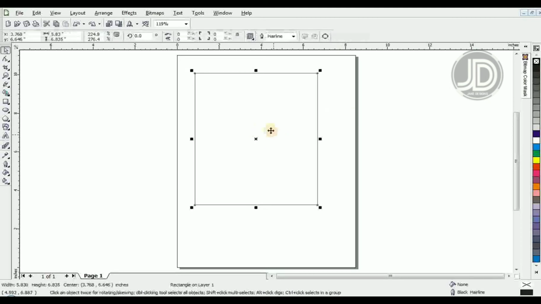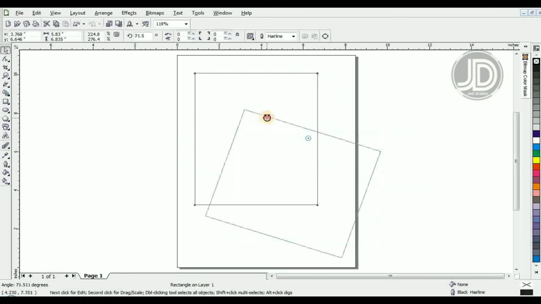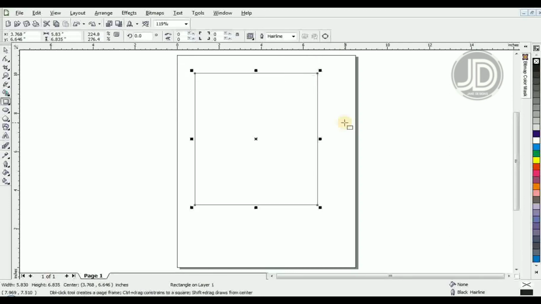When we click on this middle, you have this circle here. Now when we are rotating, if you watch closely, it is rotating around the center of that circle. So what happens if I drag the circle from here and drag it somewhere else, then rotate again? Let's see what happens. You can see it is rotating around the center of that circle. You can put it anywhere and drag to rotate around the center of where you put it. So that is it about